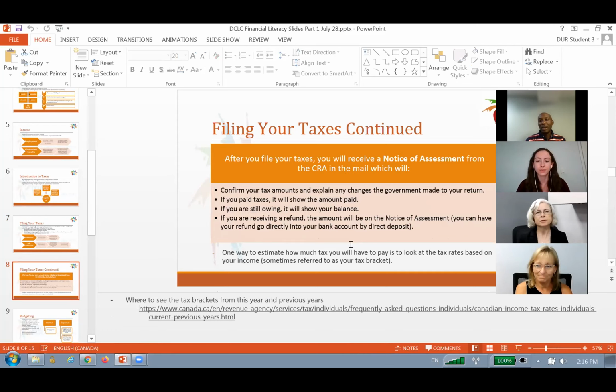On slide 8, filing your taxes continued. After you file your taxes, the government will send you a notice of assessment. It's basically a summary of what the government assessed on your taxes. If you owe some tax, it will show on the notice of assessment. If you paid some taxes, that information will also be there. And this is a very important document for you to keep as proof that you did your taxes for